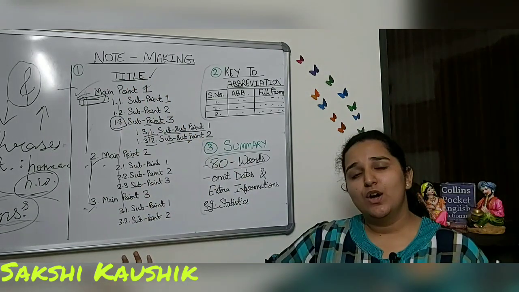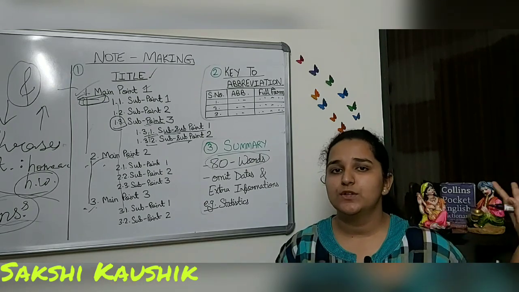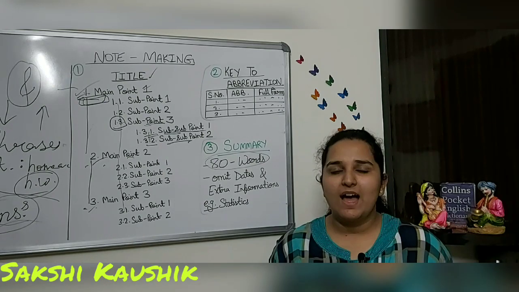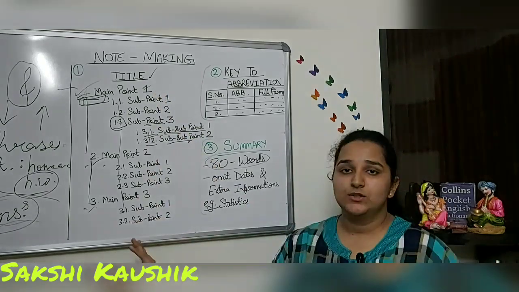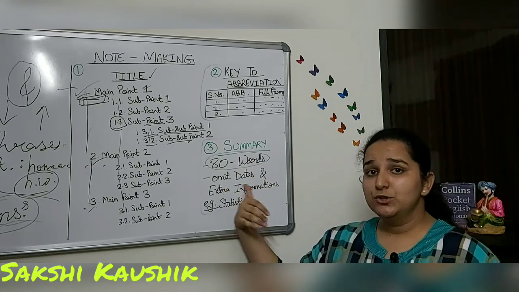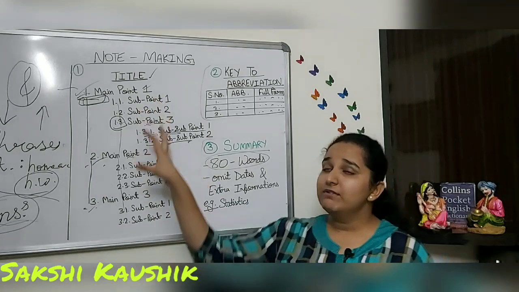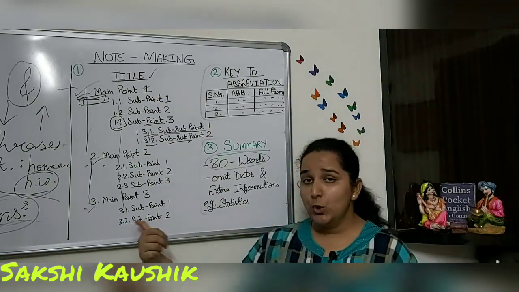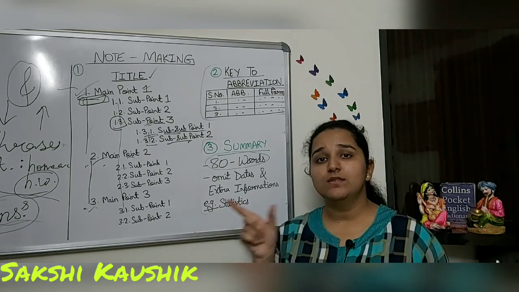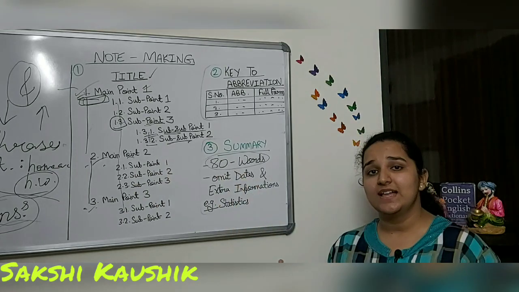So this main body of the note making, you made it from the sheet of paper that was given to you on which a lot of paragraphs were written. Maybe 6 to 7 paras were written and out of that you made this note. The summary, you are supposed to make from your notes itself. So whatever notes you have written, you have to write it in the summary. But we wrote the notes in phrases. In summary, we have to convert those phrases into sentences.